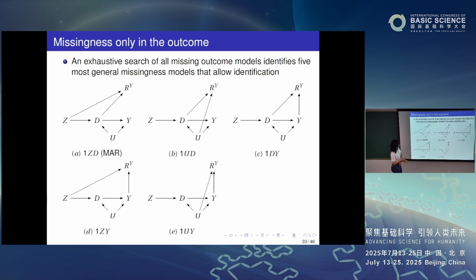But here you can see that if we choose 2 out of 4, we should have 6 combinations. But there is one combination, I think that's ZU affecting RY. This is a very hard, challenging case that you still cannot allow identification under whatever assumption, well, without very strong assumptions. So basically, what we did is an exhaustive search of what conditions allow identification of the impact of D on Y.